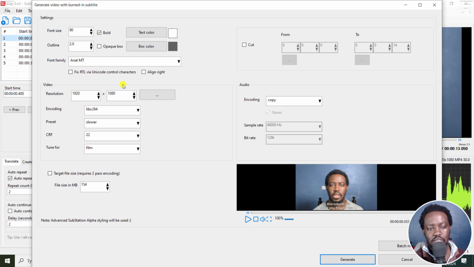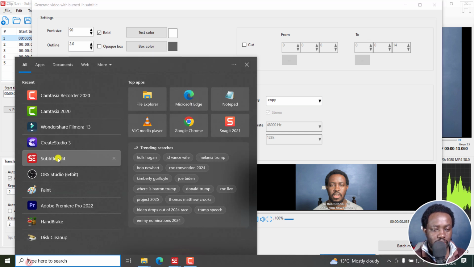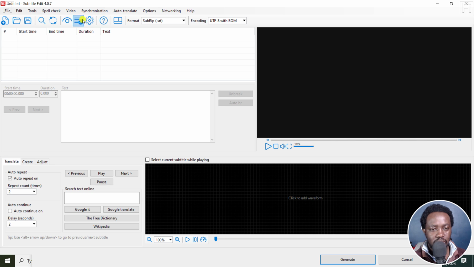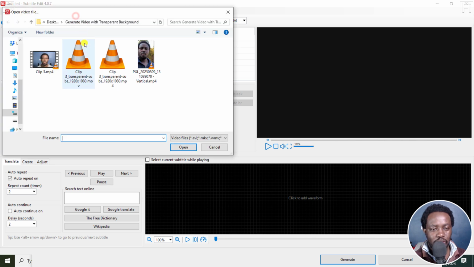When I click on that, there are a couple of key features I really appreciate inside this particular dialog box for Generate video with burned-in subtitle. Now, number one is this option to cut from and to, which I'd really love in the Generate video with transparent subtitle. Now, if I pull up another window here, Subtitle Edit, and just open a video,